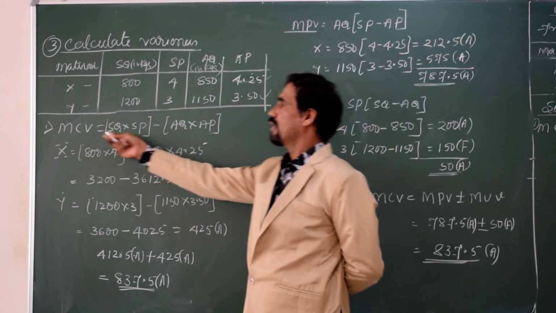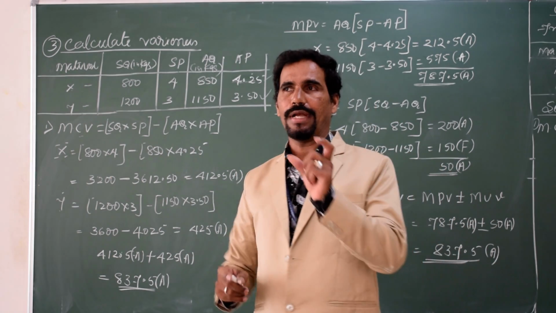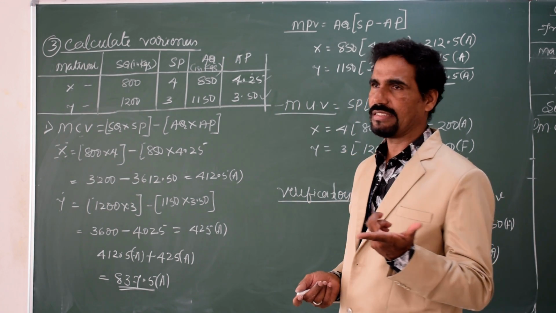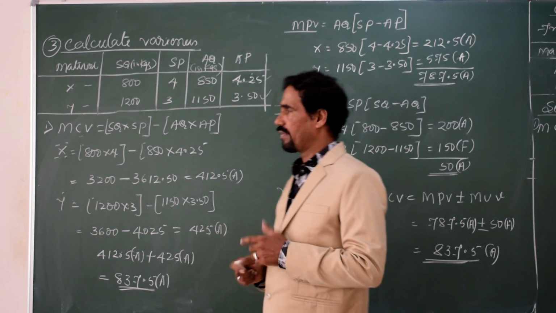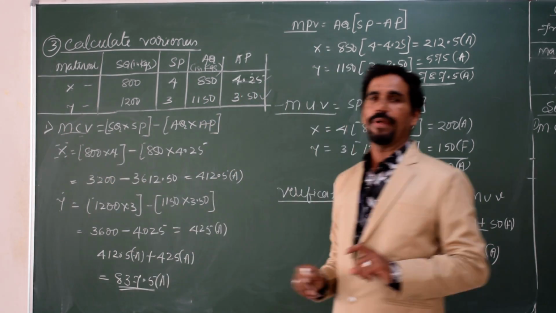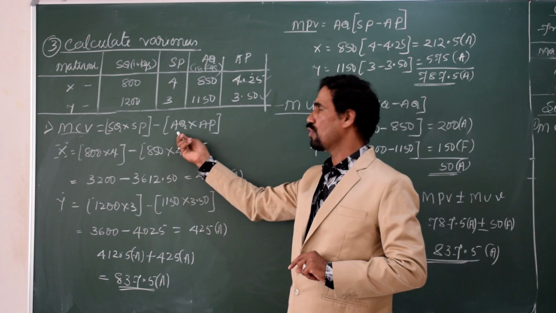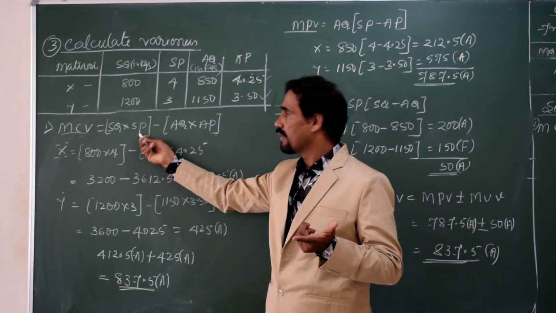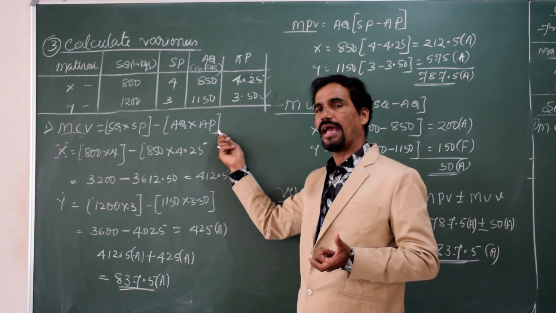First come to the material cost variance. Variances mean material cost variance, price variance, material usage variance, mix variance and yield. That is the main format of standard costing. Now first we will go for the material cost variance. The formula is standard quantity into standard price minus actual quantity into actual price. Standard quantity, standard price, actual quantity and actual price are all given in the question.